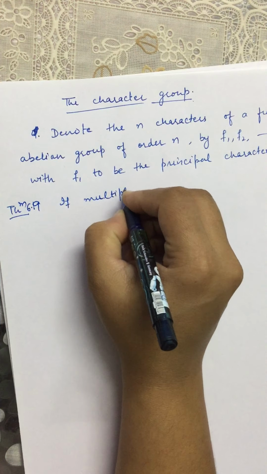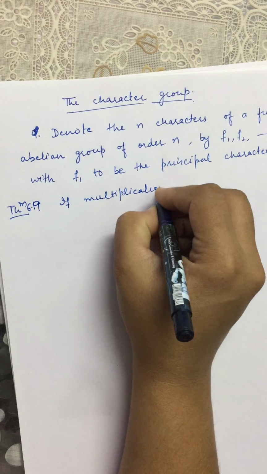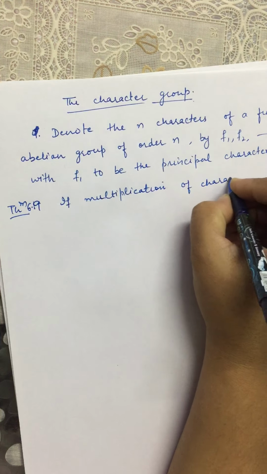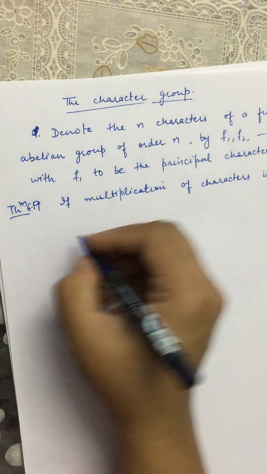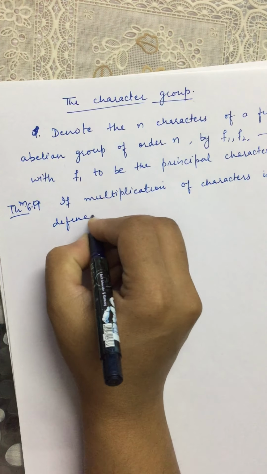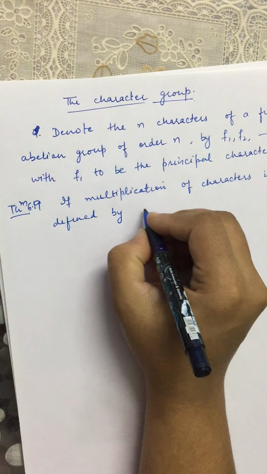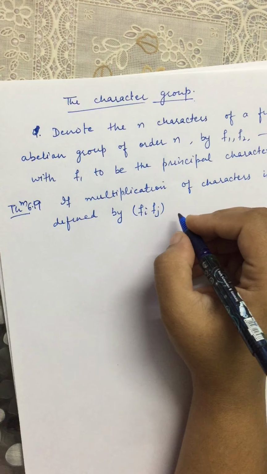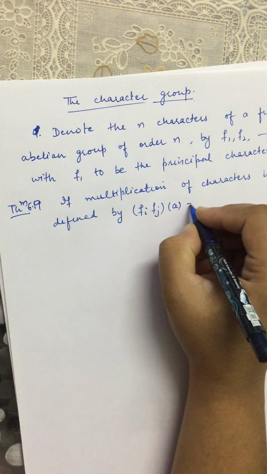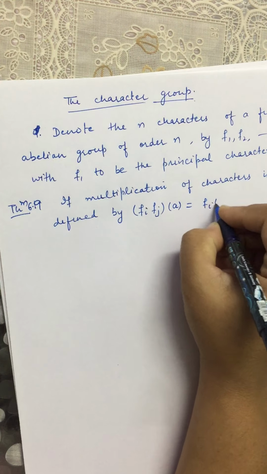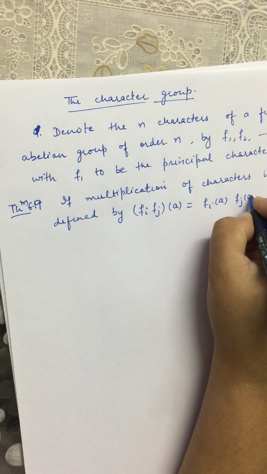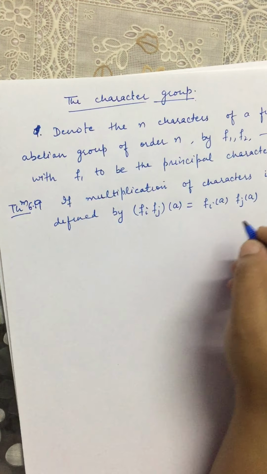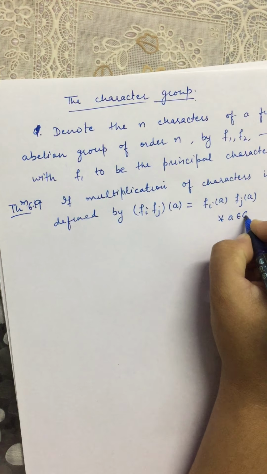If multiplication of characters is defined by fi fj, which is again a character, defined by (fi fj)(a) = fi(a) fj(a), meaning just the pointwise product of the functions for each a in G,